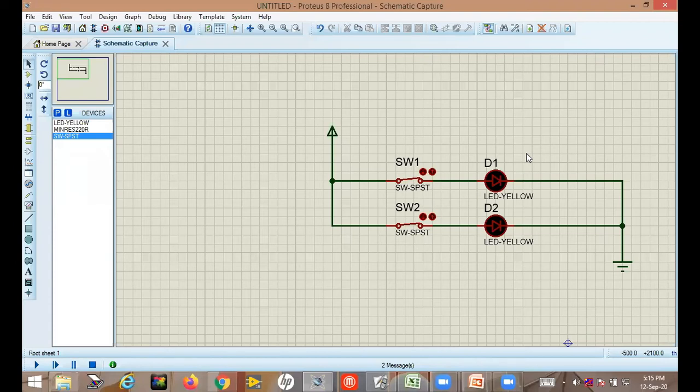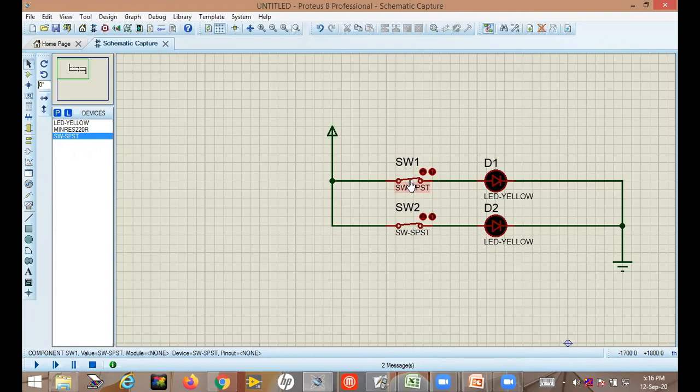That means if you build this circuit using hardware and supply 5 volt, then this LED will be fused. It will be damaged. In simulation it is working, but when you do the same circuit using hardware, your LED will be fused as soon as you make the switch on.